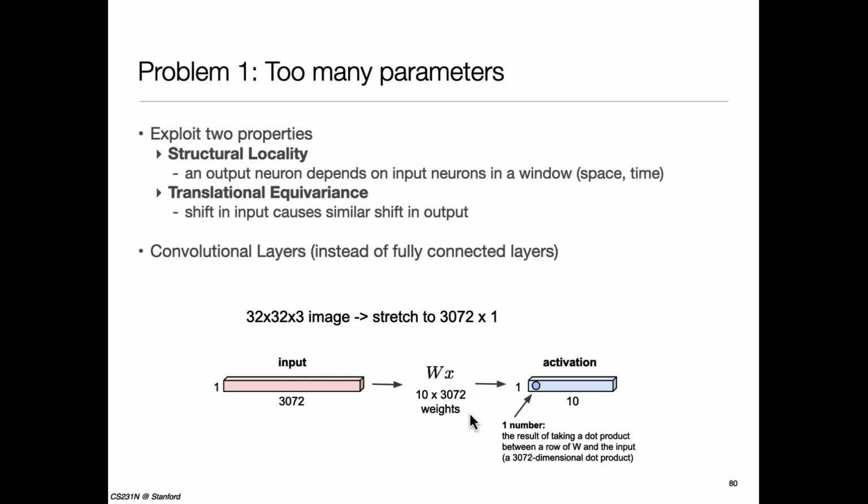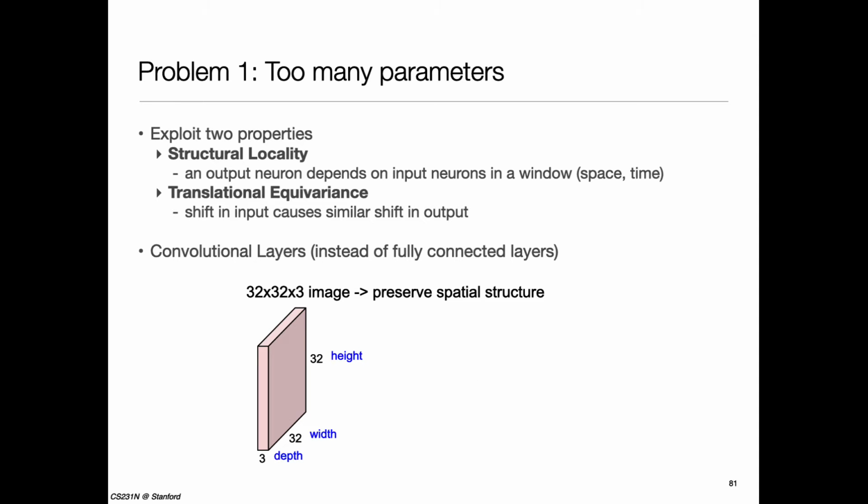In this particular case, I would need that many weights. So let's say, for example, if I had 10 weights per this, I'll have a total number of weights like this. But the moment I start thinking of the image as an image, 32 by 32 with a depth of 3, and I start thinking of a particular pixel, I can now begin to take into account locality. I can begin to take into account that values repeat.